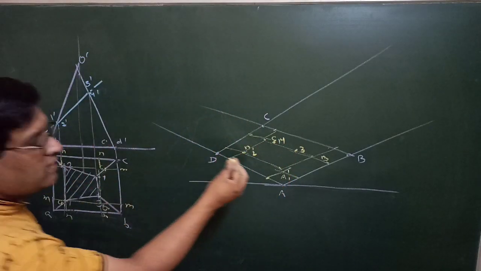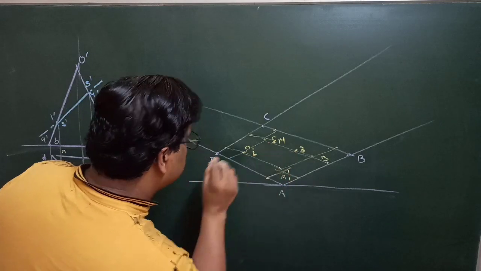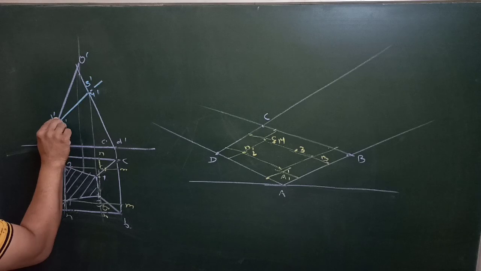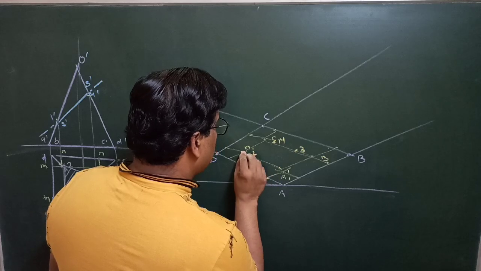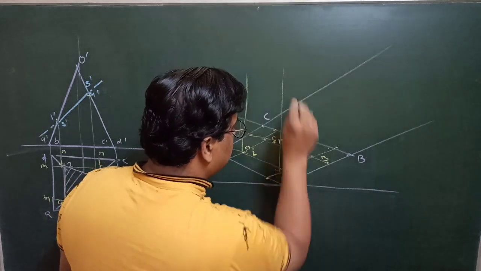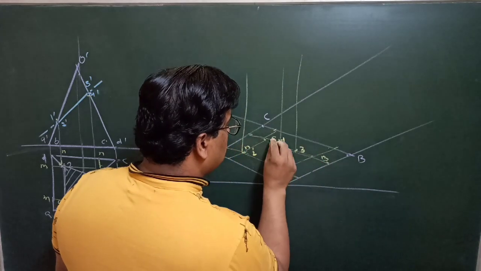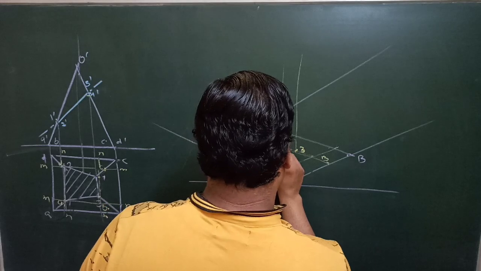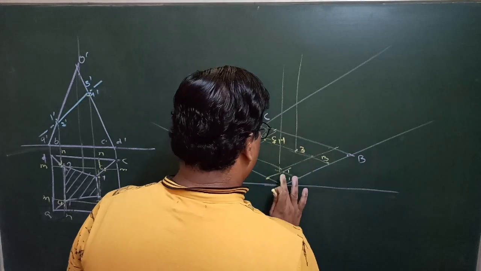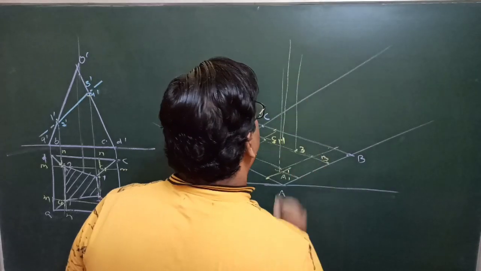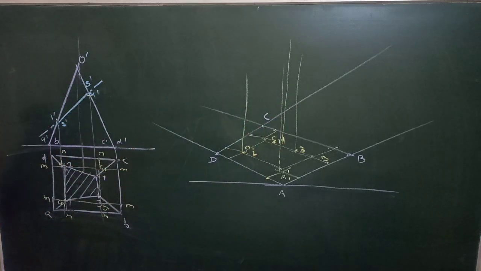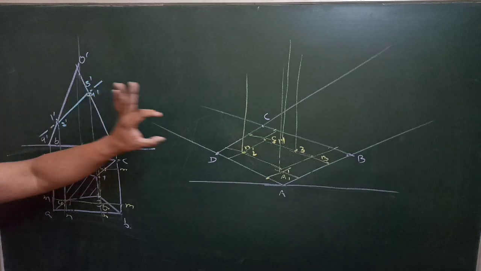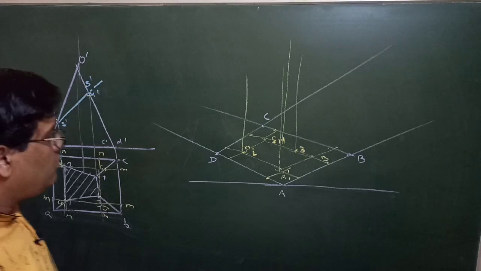Now you have to draw vertical lines on all these 4 points, 1, 2, 3, 4, which are the points of cutting, right? So draw vertical lines. So this is for 2, this is for 1, this is for 3, and this is for 4. 4 is somewhere around here, like that. Now you have to cut distances on these vertical lines, taking distance from here. So say for example, if we have to take distance of 1 and 2, you have to take this much of distance and cut over there. So 1 and 2 may be cut like that.